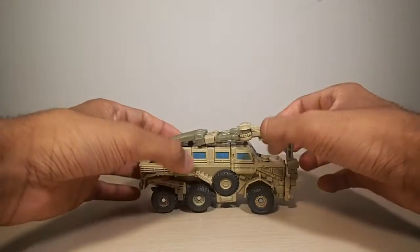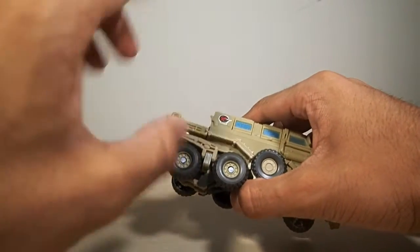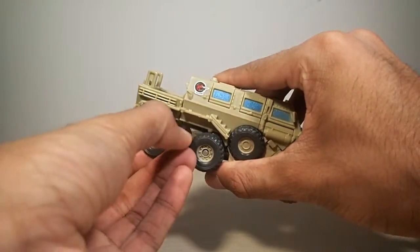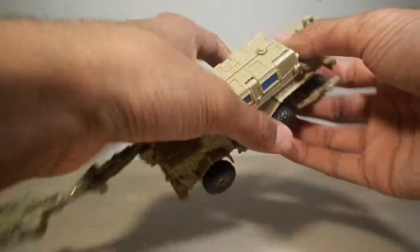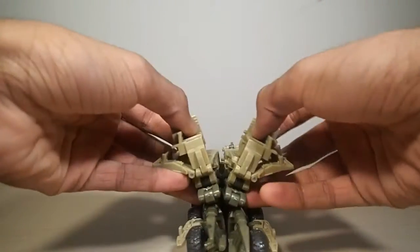So the first thing you want to do is take this arm and just bend it out of the way for now. You want to come over here, and these are tricky. These are very tricky to get undone. You just want to get your finger in this section here and just pull them out, and then flip them all the way down. You'll hear them click twice. So you've got one click, one click. Then you want to take this entire back section here and fold it up. Take these side panels here, flip them up, put that on both sides. Then take this entire section and...